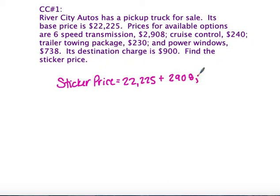$2,908. Cruise control for $240. What do we have? A trailer towing package for $230. I'm going to roll down here. Windows, it's $738 for the power windows, and the destination charge of $900. That's going to take that total sticker price, or that total MSRP, to include everything, to be